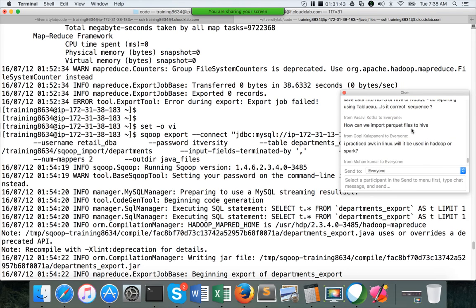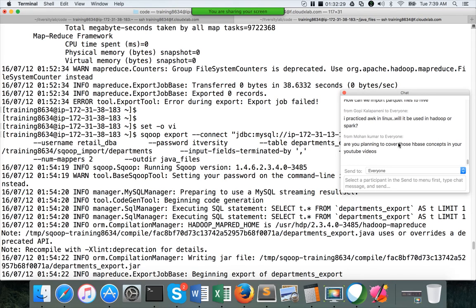How can we import Parquet files to Hive? You can use as-parquet while performing the import. Data will be imported as Parquet, and then you will be able to create an external table using the metadata that will be generated. Those things will be covered when we talk about Hive, so hold on to that question till that time. Still, if you have questions, we will take care of that, Vasavi. And one more thing: I will not be demonstrating using Parquet, but I will be demonstrating using Avro end to end, how to get data using Sqoop in Avro format into HDFS, and how to process that data in Hive. The same thing can be applied with Parquet also.